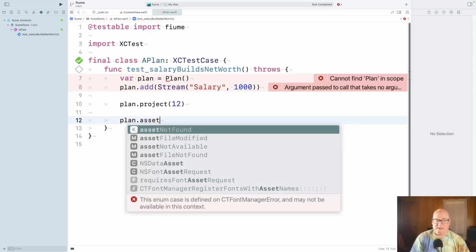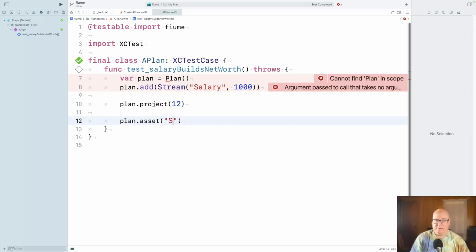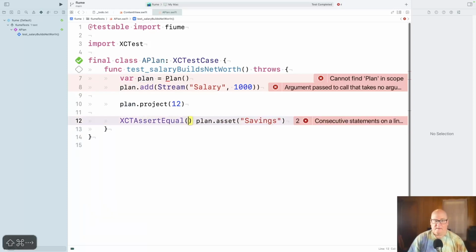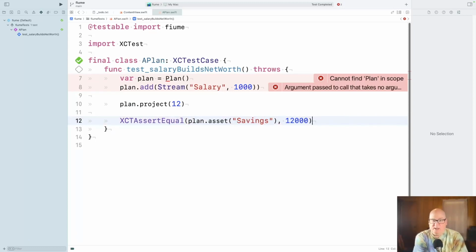I'm going to say plan.asset savings should be equal to 12,000. Okay. And so I'm just trying to get a bare minimum thing started here.